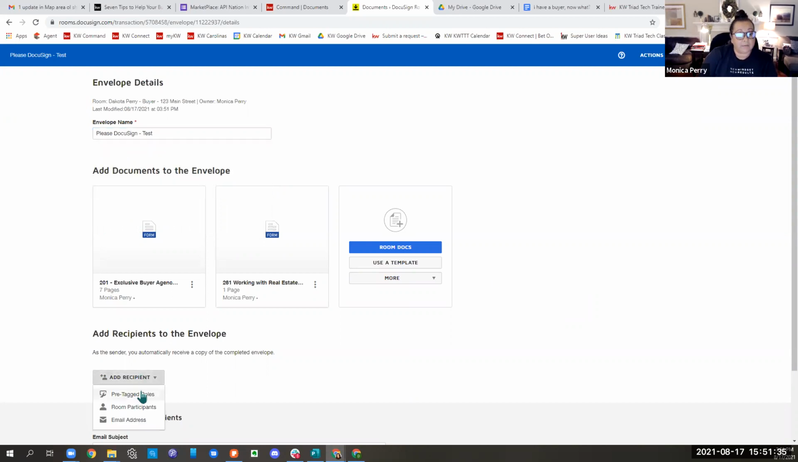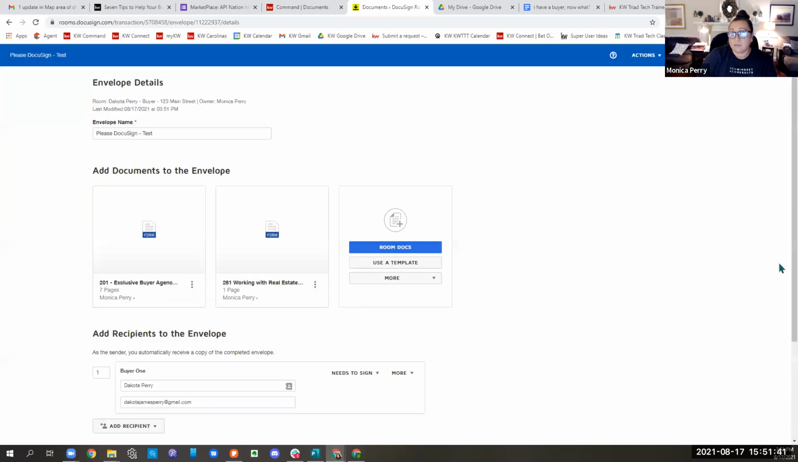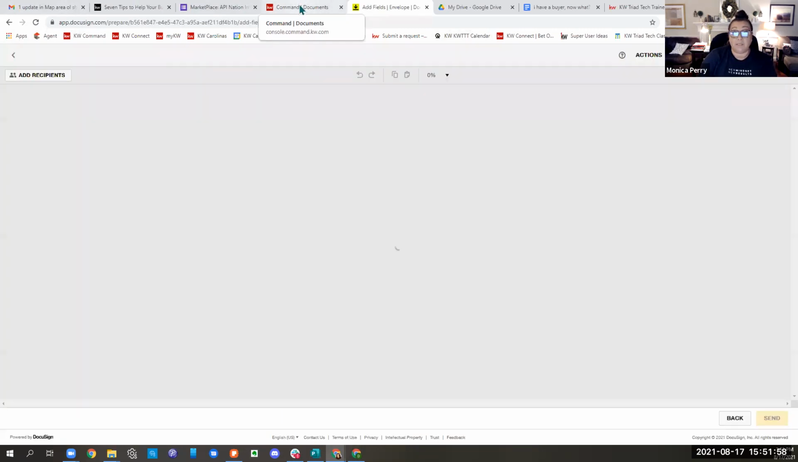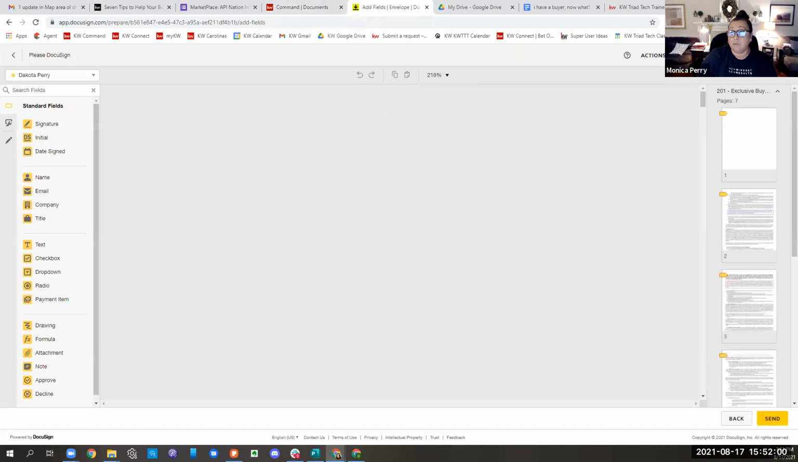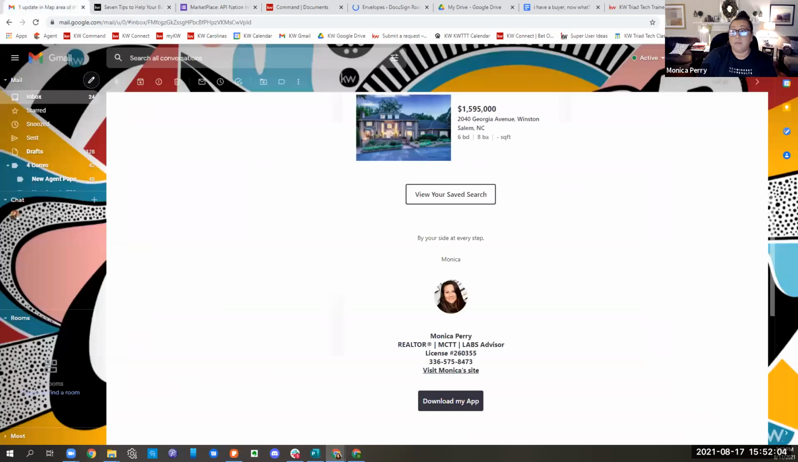That's great. Let me add a recipient from pre-tagged roles, buyer one. I'm just going to have one person sign so that you can see what it looks like, because I need to have the actual signed documents to do this. Just give this a second. So if you do not have DocuSign connected in Command, please make sure that you get with me on making sure that that's done. I'm going to go ahead and send these off. And they're going to go into